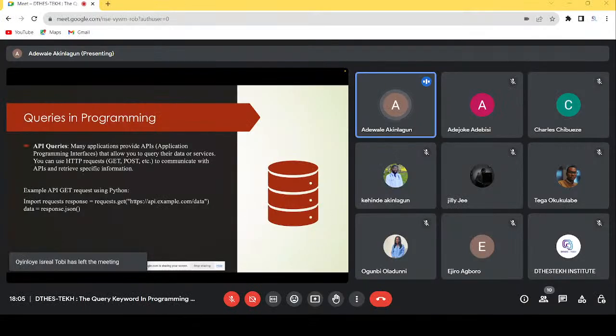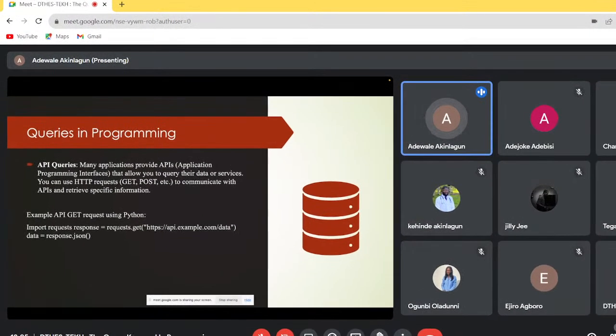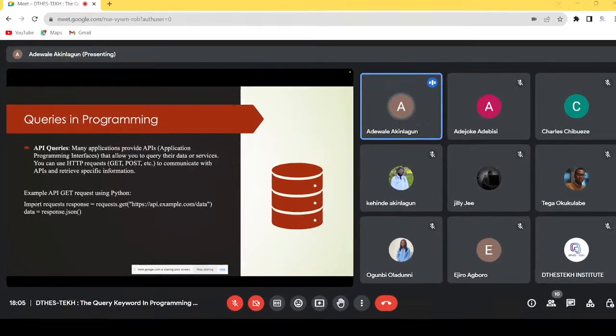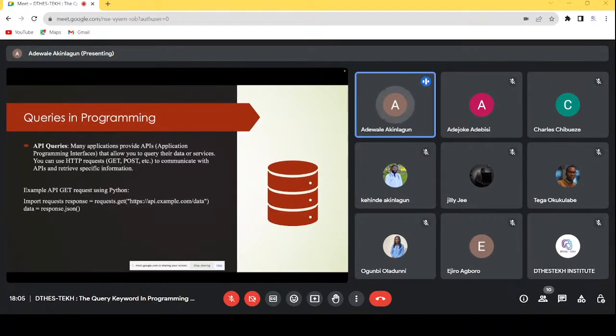I also noted that during the presentation, Mr. Ejiri mentioned something about API queries, so I'll say one or two things about that. As he also mentioned, there are several methods that we can use to communicate with APIs and retrieve certain specific information. For example, when you are using a get method on an API, you are trying to communicate to get specific information